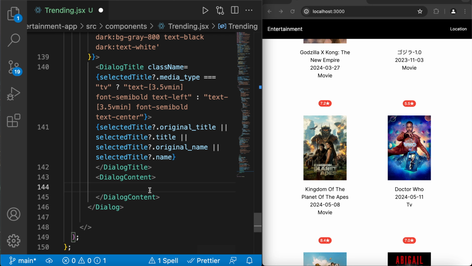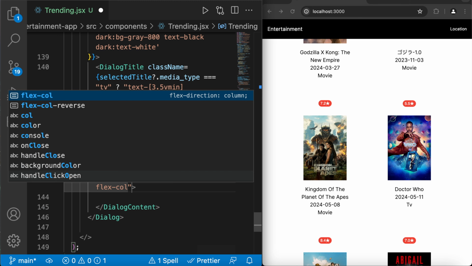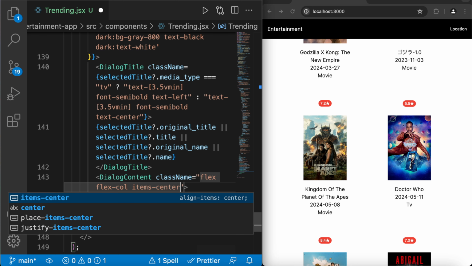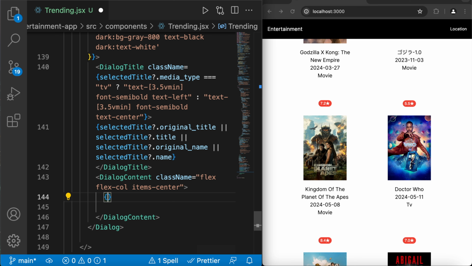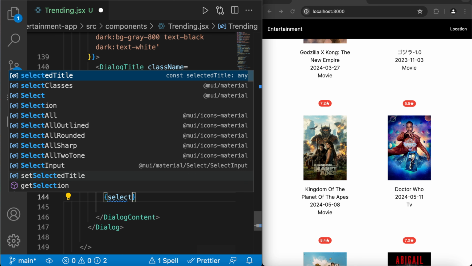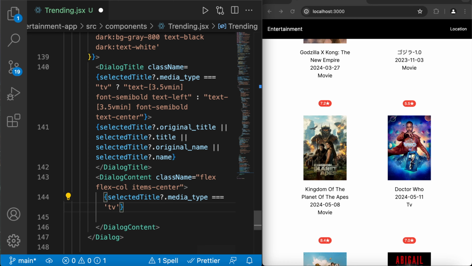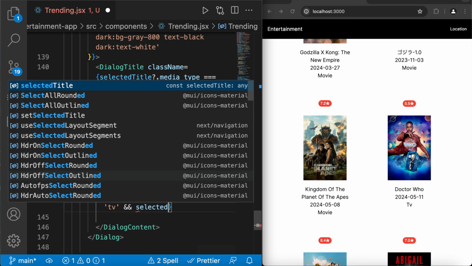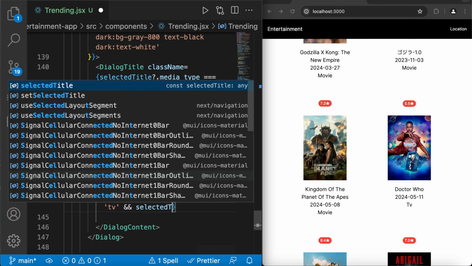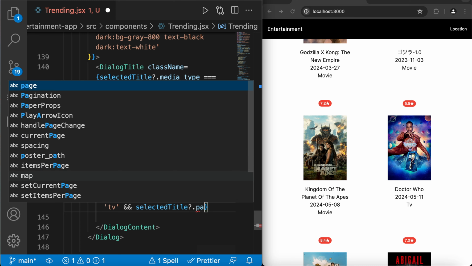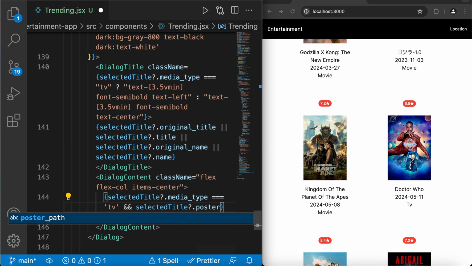Cool. So for dialog content, here we want the class name to be flex, we want it to be flex column, and we want the items to be centered. Within the dialog content, we're going to have a number of things. So we're going to say selected title dot media type is equal to TV. And if we have selected title dot poster path,